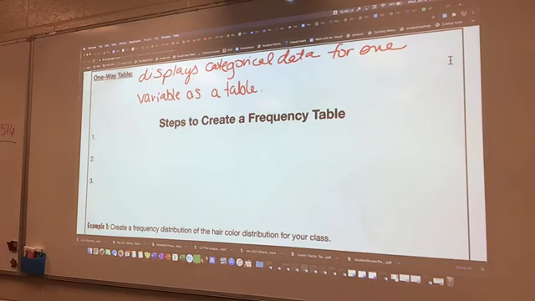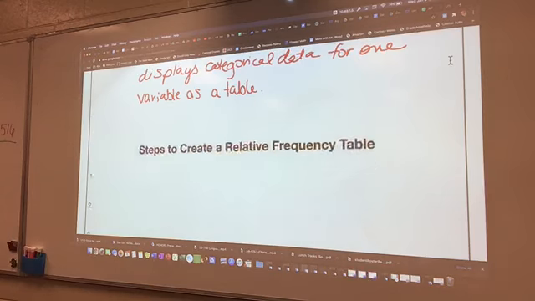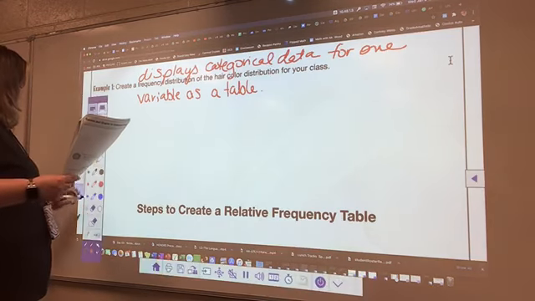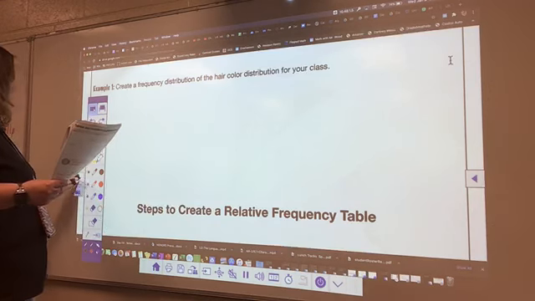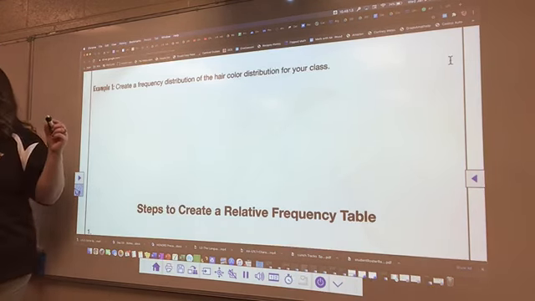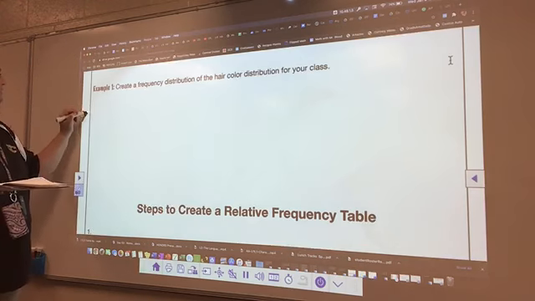So anyway. What does a one-way table look like? Okay, so we're gonna do, what are we doing? A frequency distribution. Looks like we're doing hair color. Let me scooch this up for you. All right, so we've got blonde, brown,